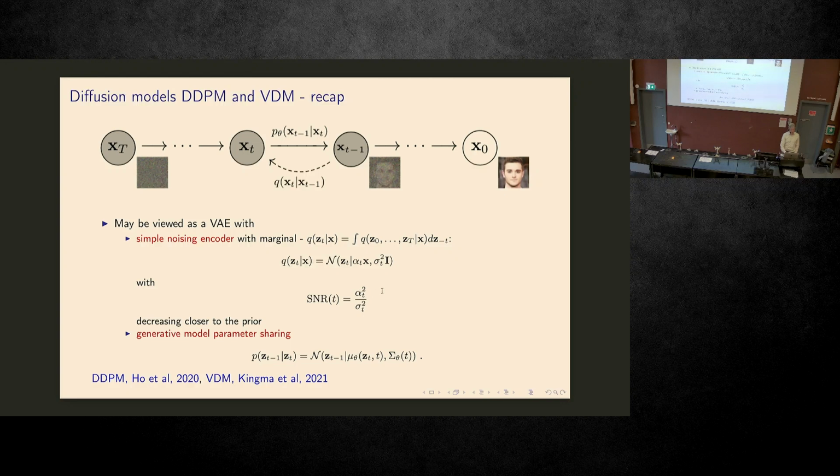And you can see close to data, so out here, alpha will be close to 1, and sigma will be close to 0. So there the signal to noise ratio is infinite. And then when we go over here, it becomes 0 because this alpha goes to 0. And these are the signal to noise ratio, and as a function of t, of the layer index, is something we can choose. It's just a parameter we set. And if you look in literature, different people define it in different ways.